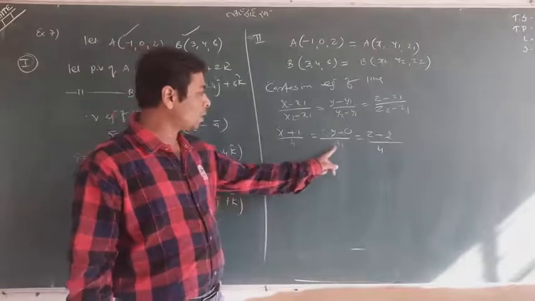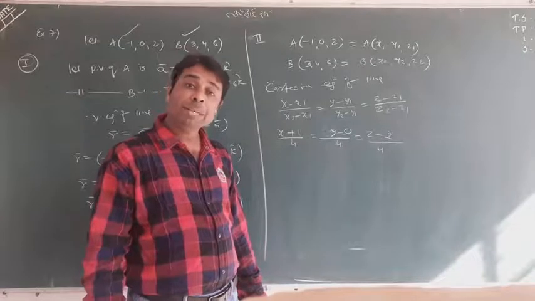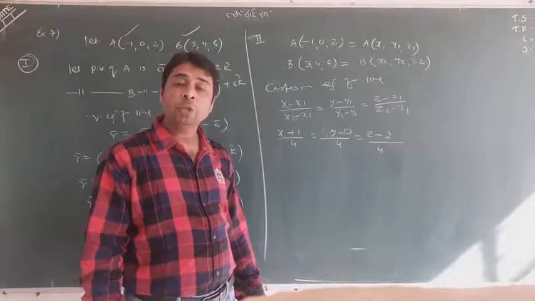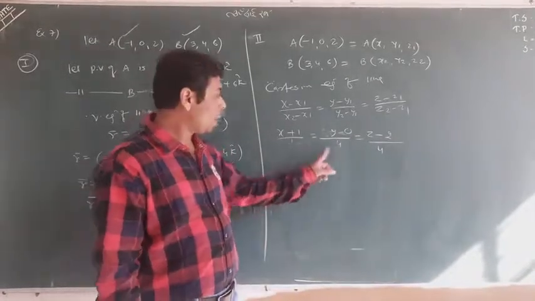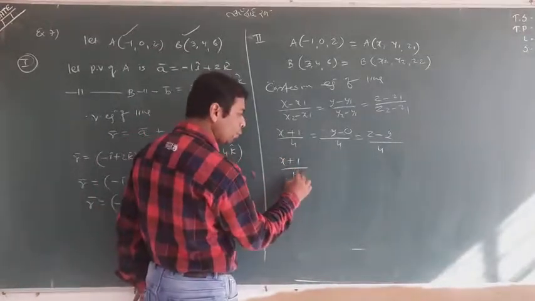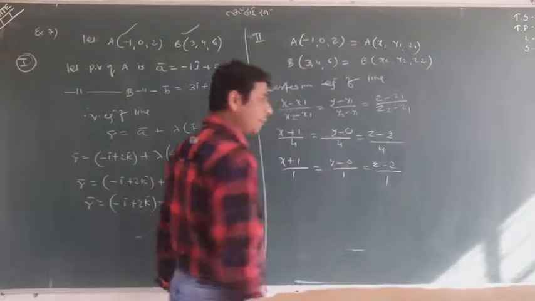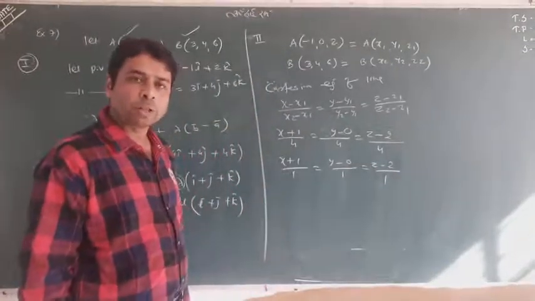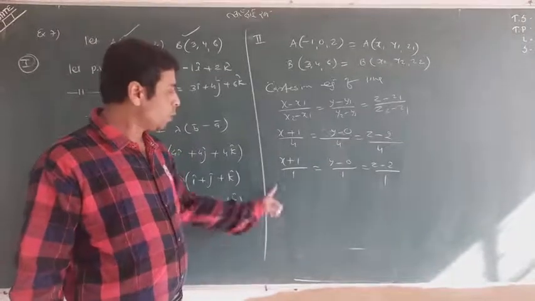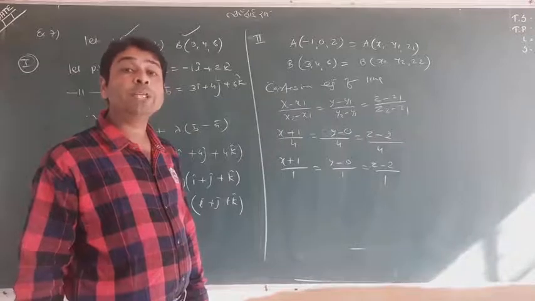All this is a, this is b, this is c. I taught you that a, b, c are direction ratios and can be reduced. You can multiply or divide by anything. If all can be divided by 4, you can do that. It's a proportional set of numbers, so this is 1, this is 1, and this is 1. You divide all the ratios by 4, because the ratio can change. So this is your Cartesian form, but you need a vector form.